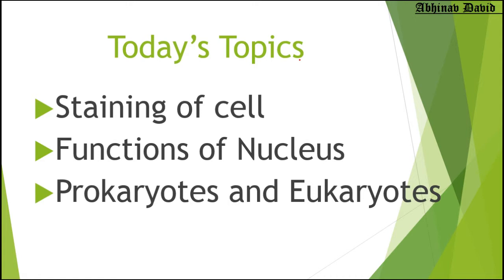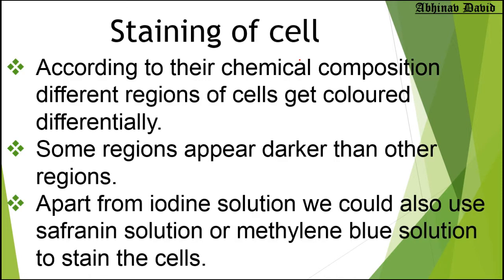Now, as we have seen, we can only see the organelles inside the cell when the cell is colored. If the cell is not colored or stained, we cannot see the contents of the cell. So in order to see the different contents of the cell, different types of colors are used. These colors are called stains. Okay, so let us see staining of the cell. It is given in the topic nucleus of your NCERT only.